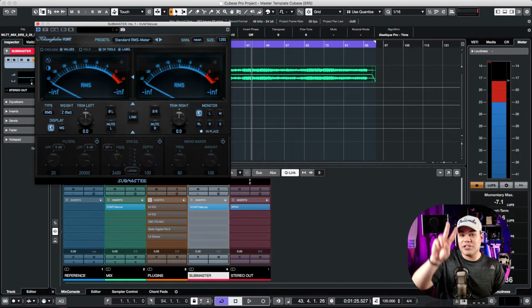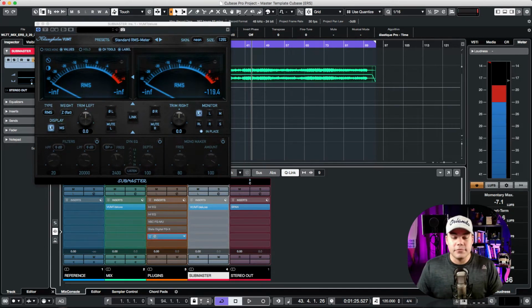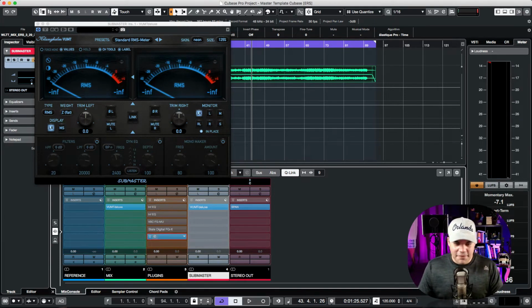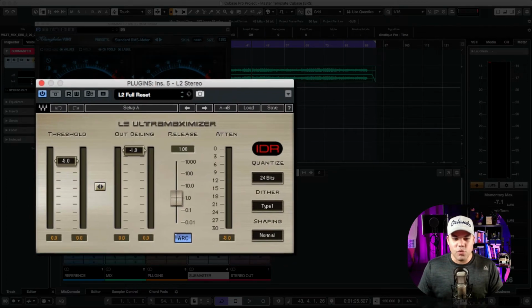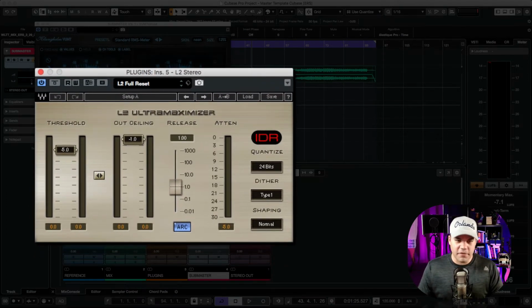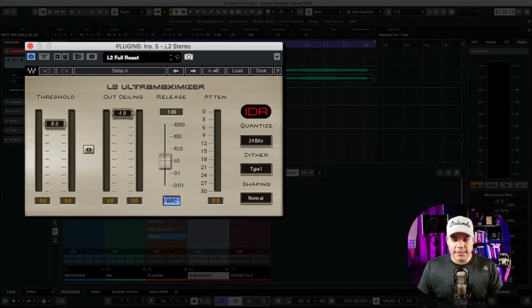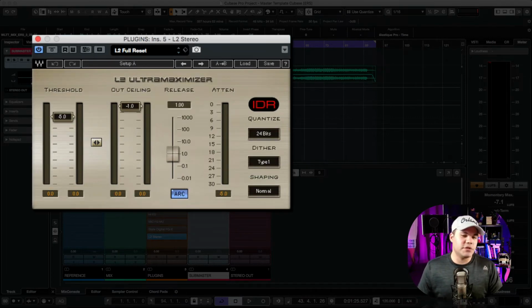So we're gonna do our second step right now, which is grabbing a limiter. In this case, I have the L2 limiter right here. And we're gonna measure the volume in a second, but what I like to do is just go ahead and set up the ceiling for -1. I don't do the